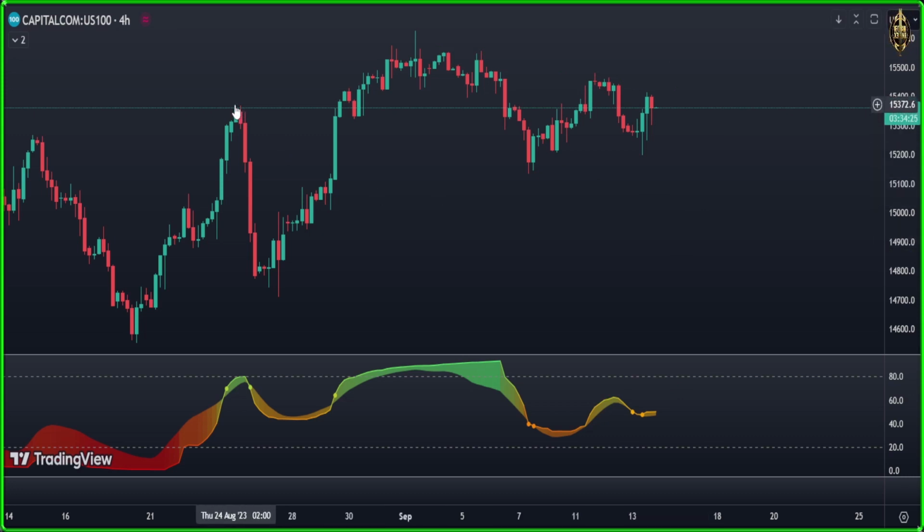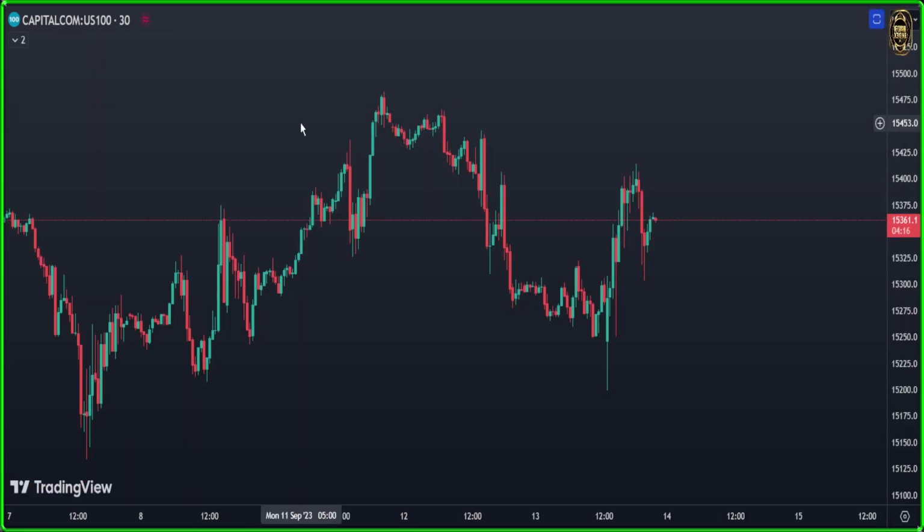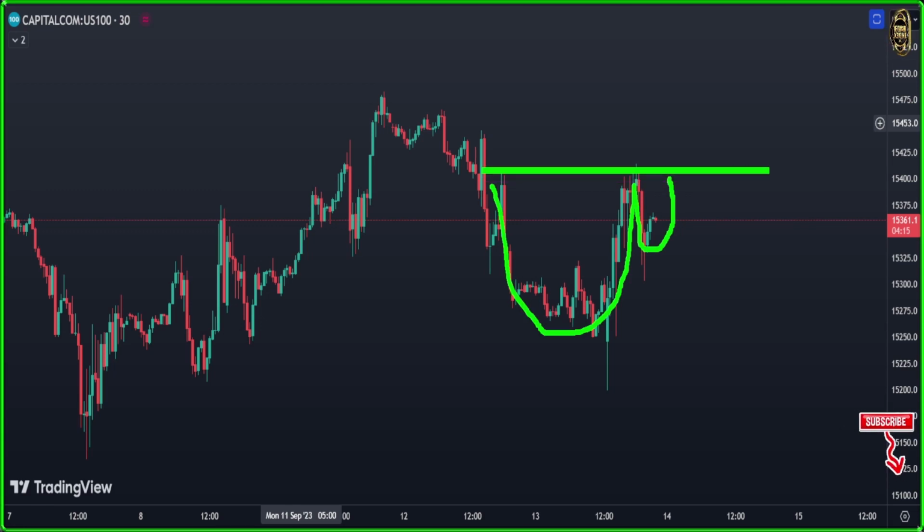Now let's go into 30 minutes to see what the Nasdaq 100 is doing today, guys. Here we are in 30 minutes. Here in 30 minutes, same thing like the S&P 500. As you see it, it tried to give us here a cup and handle. Should we enter long? If a break came in here, the neckline, yes, you can enter more long. If it doesn't, that means you need to wait more.